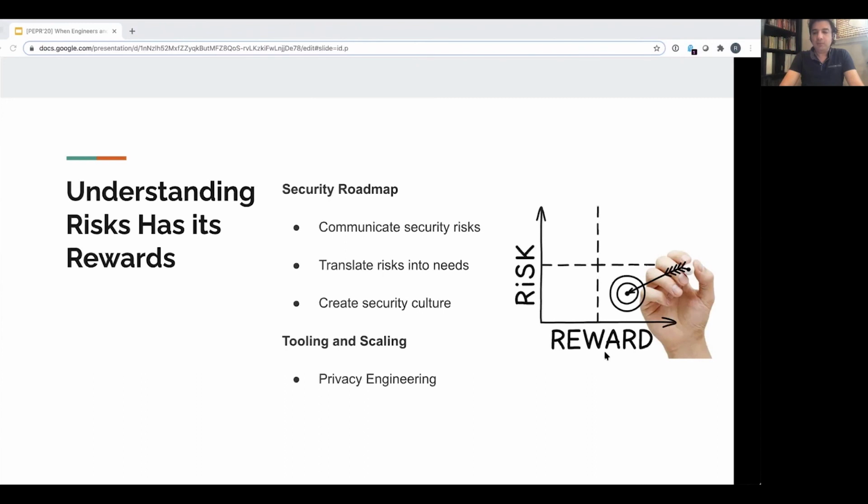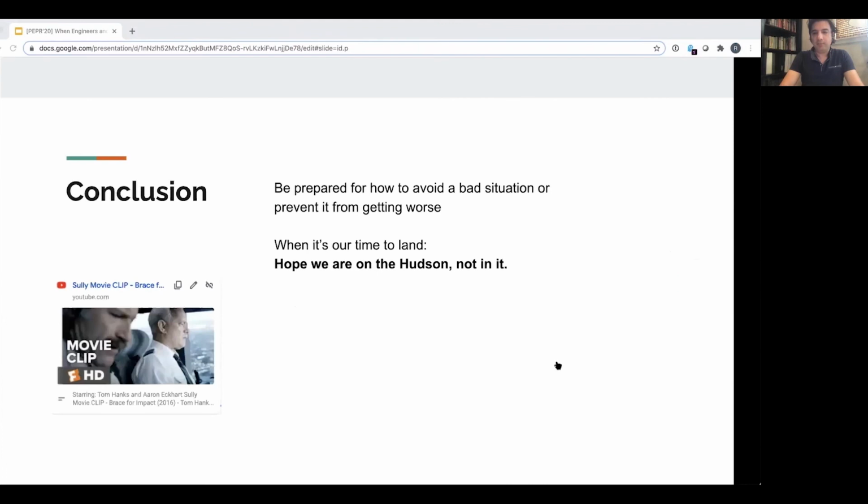Security engineering teams should also harness the power of awareness around data protection risks to create security culture. GDPR, CCPA is good guidance that is becoming law, and we can use the momentum to our advantage. Lastly, more and more security teams are now recognizing how data protection risks are tied to the security agenda. Privacy engineering roles are on the rise. I've seen a lot of companies put out recs for them. Take a look at your unique profile and make a business case if you need to hire one. Again, demonstrating the need would help you get the buy-in.